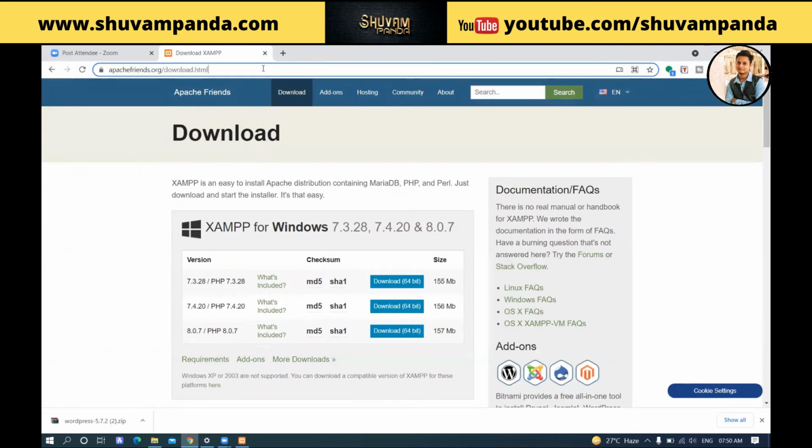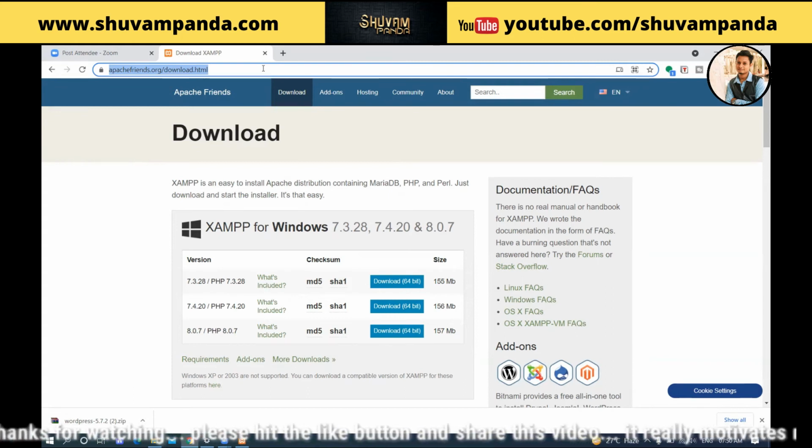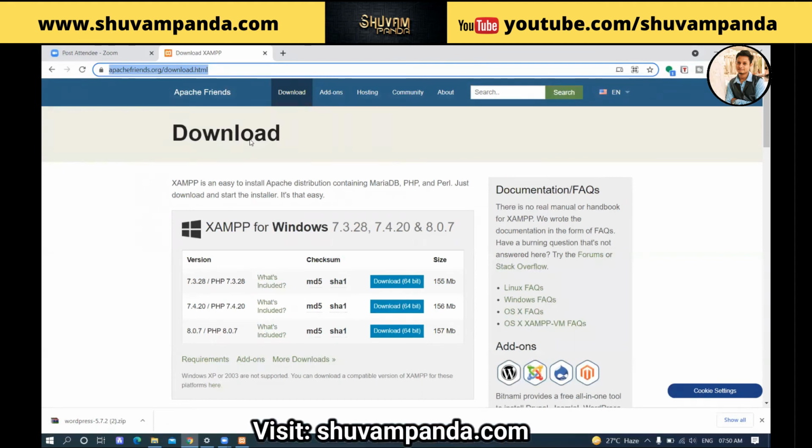Let's close this. Now how can you open it? You have created a local server, you have created a local database. Now you have to open your WordPress website inside the particular system. Remember that this is a local server, local database. You cannot access it on any other system or anywhere. You need to use this particular laptop in order to open that WordPress file. Now as I have pasted the file, I want to open the WordPress.